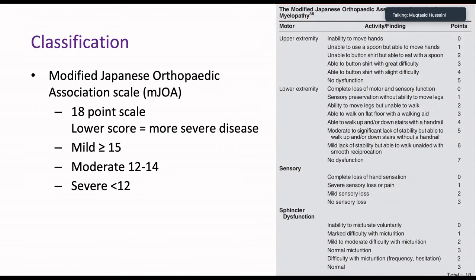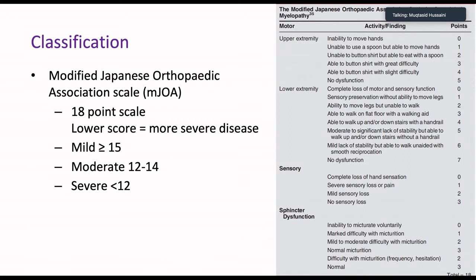So there are a number of classification systems. However, the one that's quoted most in the literature is the modified Japanese Orthopedic Association scale. So this is an 18-point scale that looks at motor function in the upper and lower extremities, sensory changes, and bladder function. And it ranges from 0 being an inability to have any motor function, a complete loss of sensation,